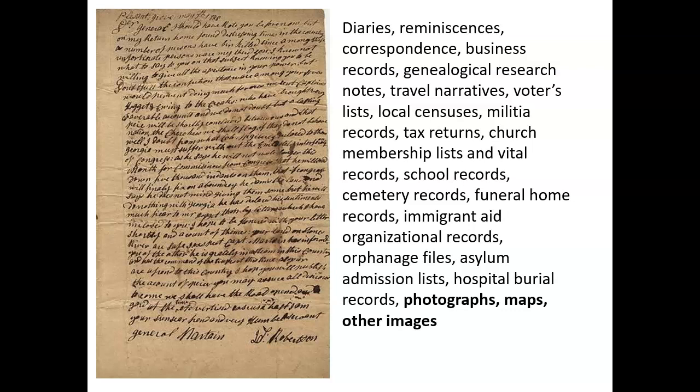And then, of course, you might even find photographs, maps, or other items that can illustrate the stories of your ancestors' lives. Those 7 million items in ArchiveGrid are items like these, one-of-a-kind originals that may be buried somewhere in a place, an archive that you've never heard of or visited.